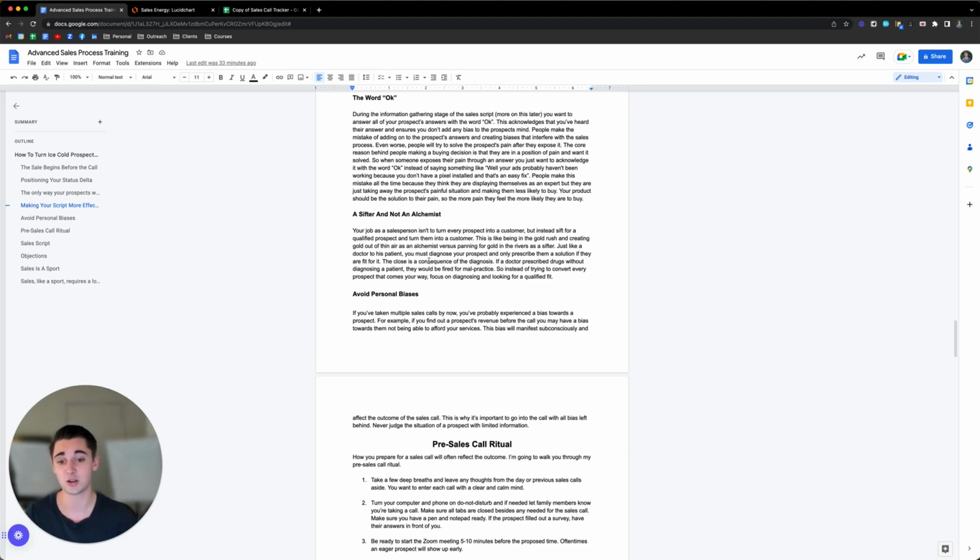Just like a doctor is to his patient, you must diagnose your prospect and only prescribe them a solution if they are a fit for it. The close is a consequence of the diagnosis. If a doctor prescribed drugs without diagnosing a patient, they would be fired for malpractice. So instead of trying to convert every prospect that comes your way, focus on diagnosing and looking for a qualified